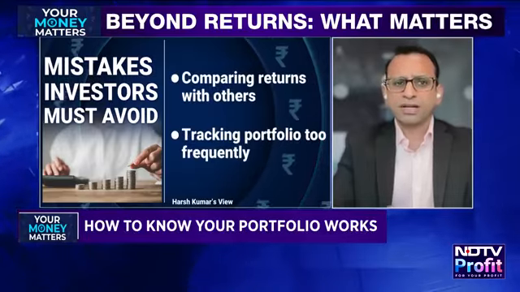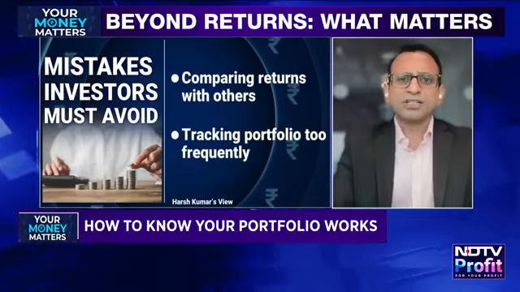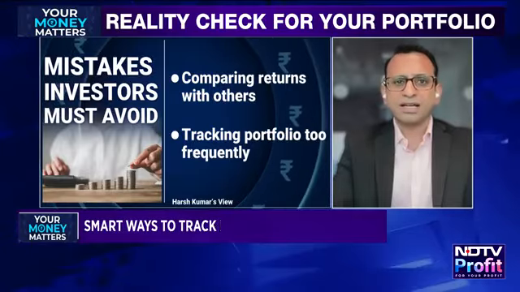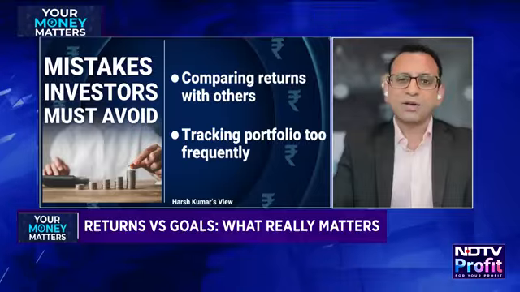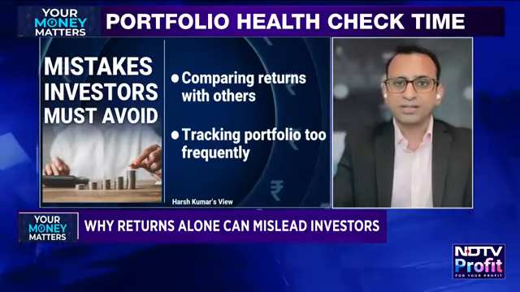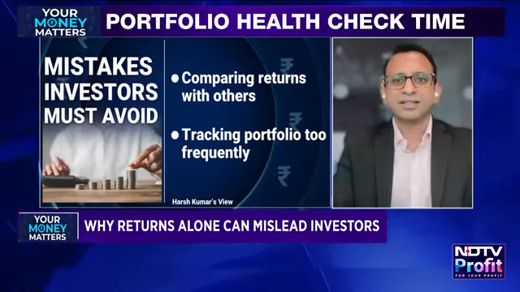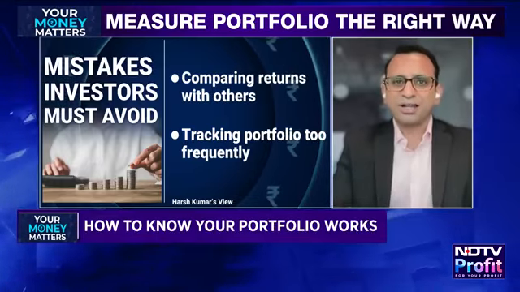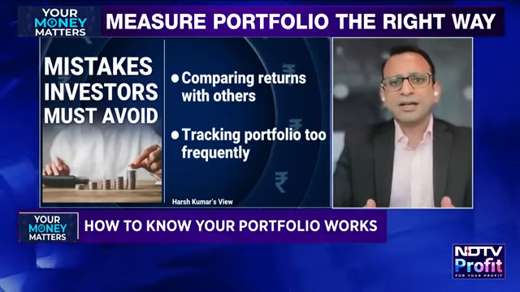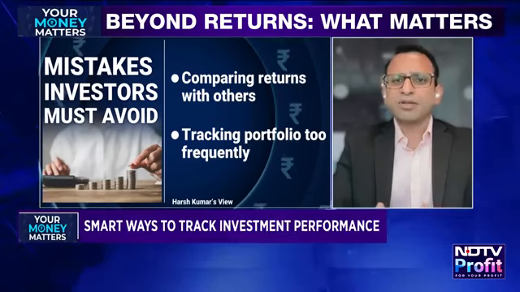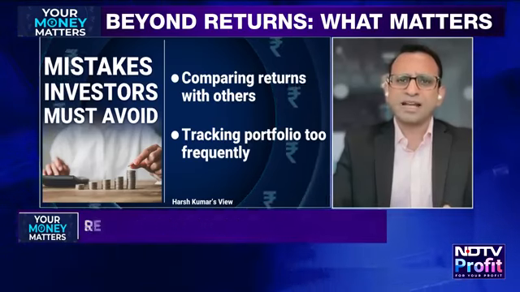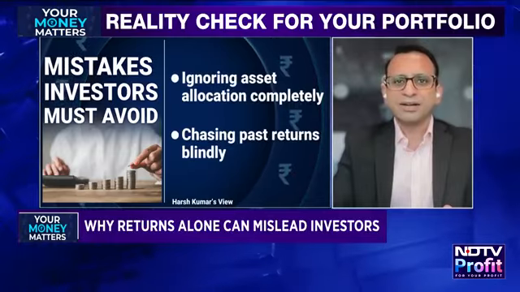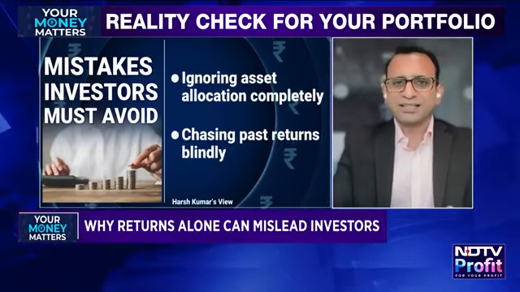So these are one or two important things. Second, when there are corrections in the market, if you end up stopping your SIP, if you end up redeeming your fund, that is again a classical mistake which people do. And on the other hand, when there is too much exuberance in the market, when everyone believes that India is the only place in the world, that's where the mistake happens, because you over allocate into India or Indian equity. Lastly, checking your portfolio every day and comparing your portfolio return with your neighbors or friends is again a mistake, because each one to its own. You can't have the same return at a different level of risk which the other is generating.